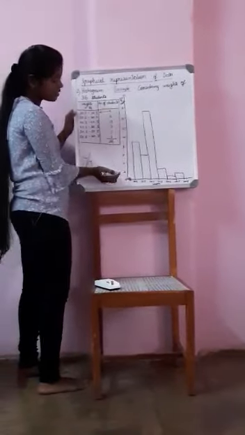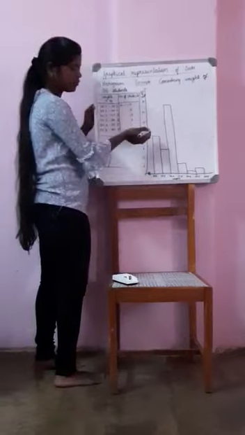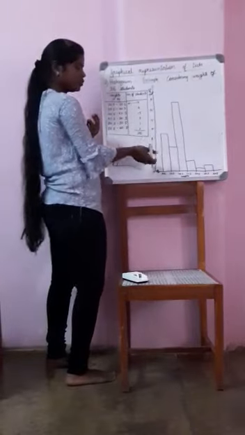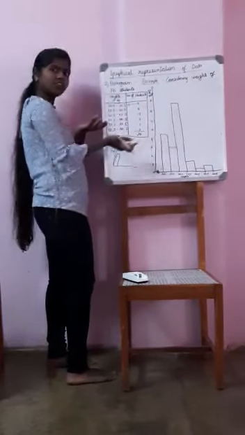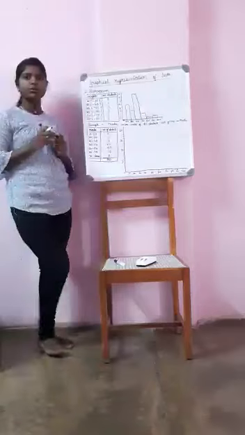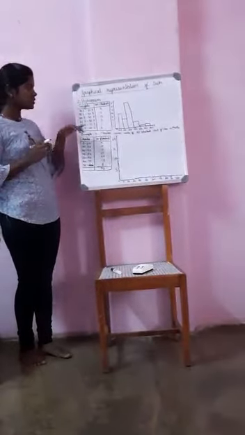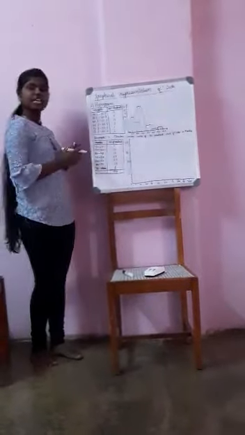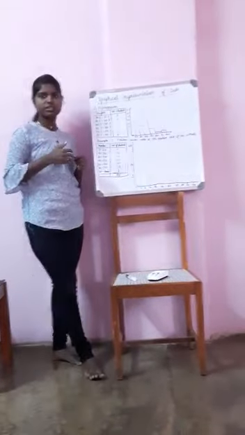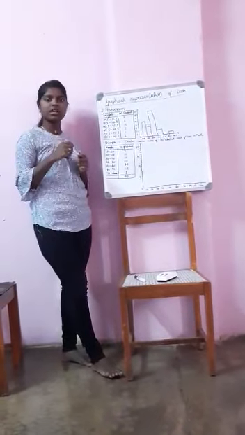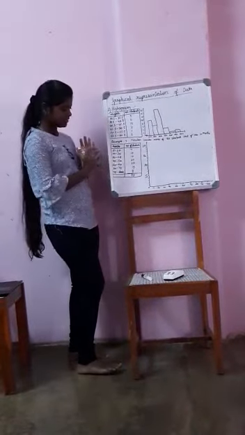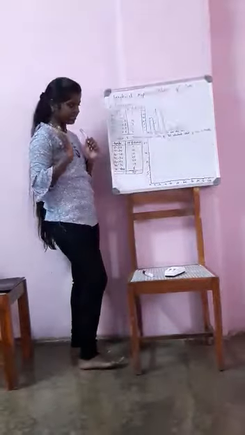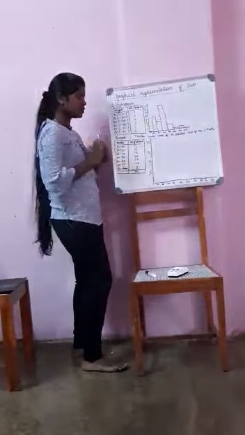Now on the y-axis, you can either take it as 1, 2, 3, 4, 5, or you can consider even one box as 2 cm, 2, 4, 6, 8 as per your frequency. Now you all know how to draw a histogram. This was my previous example. Now I have taken another example where a teacher considers the marks of 90 students who scored in mathematics out of 100. Now see the class interval here. It is continuous and the frequency is also given. Now I am going to draw the histogram for this.